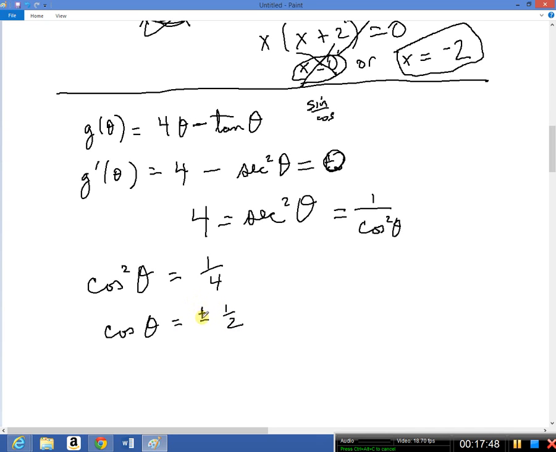I said I'm being a little bit careful here. Remember, the square root, there's 2 possible ways of getting to 1/4. Okay, so when is the cosine equal to plus or minus 1/2? Well, we've got to think about the unit circle again. So on the unit circle, the cosine will be 1/2 here, where the angle is pi over 3, a third of the way, because the cosine will be the short side of that 30-60 triangle that you get there. So pi over 3,